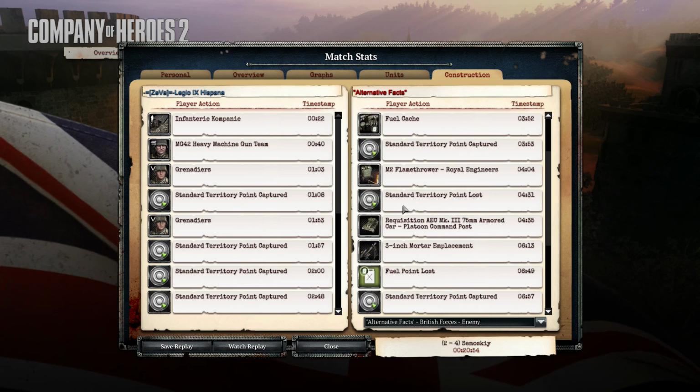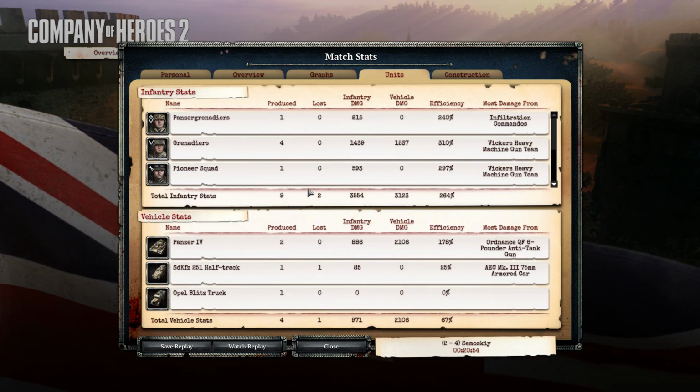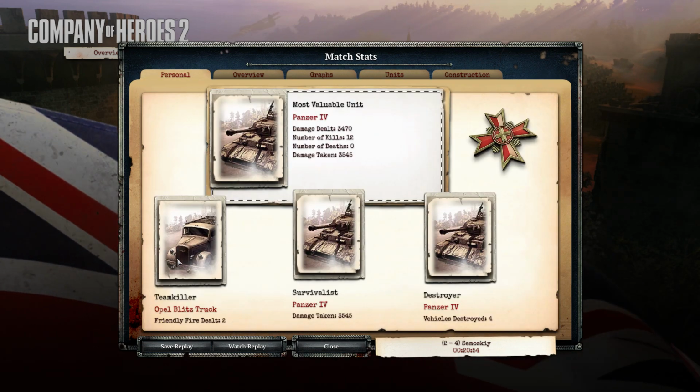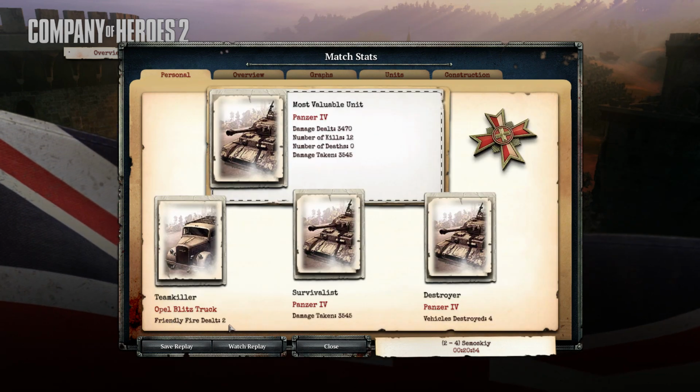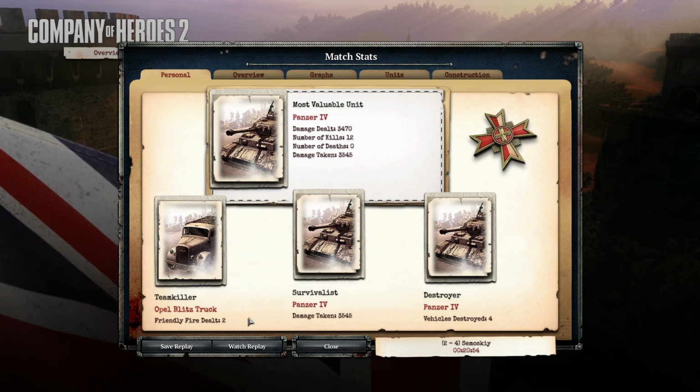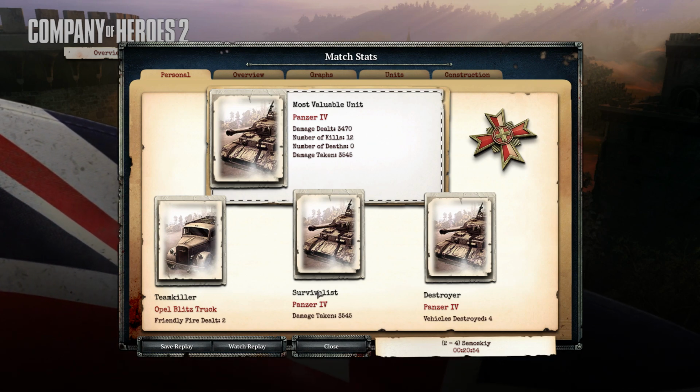So we'll have a look through what everyone built. Specialist units, and Panzer IV did the most damage for me. Bubble Blitz did a friendly fire dealt too. I'm not sure if you guys saw this, but I didn't see that truck kill any of my own then. So the Panzer IV did the best overall there,